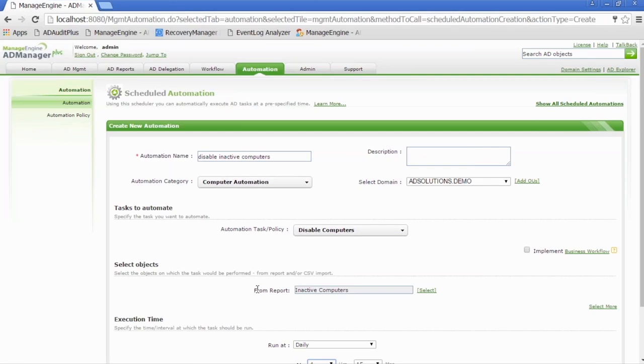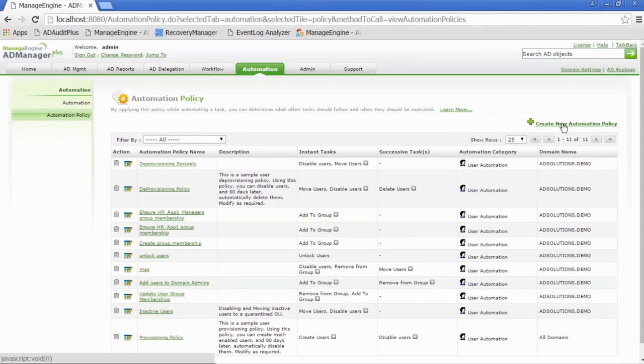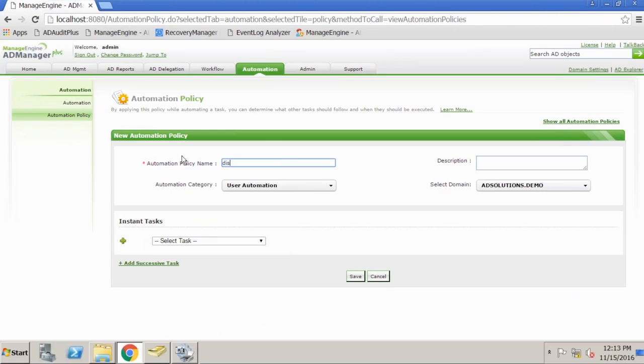But what if you also want to move the computer? Obviously, I'm assuming most of us on this webinar fully understand group policy, and group policy can be applied to computers. So I not only want to disable the computer, but I want to move the computer. But you'll see in this environment, it's one or the other. Well, that's why we've created something called an automation policy. So an automation basically leverages a list, and you're performing some action on them. If the action is more than a single action, you create an automation policy. And an automation policy basically can say, disable and move